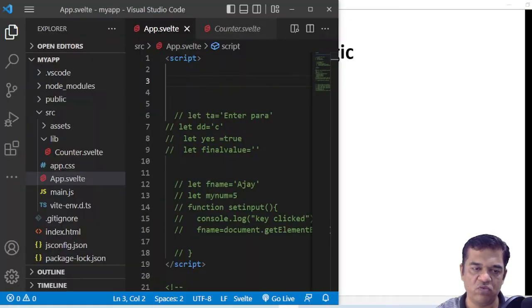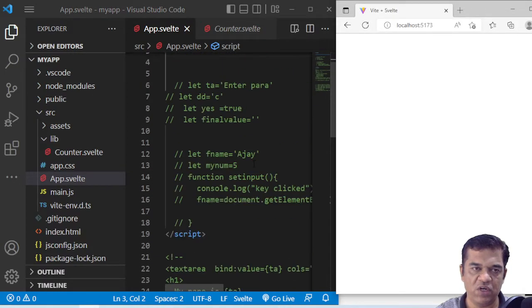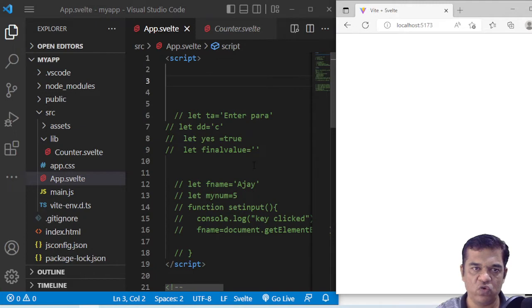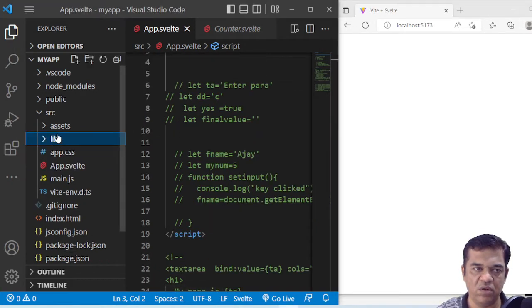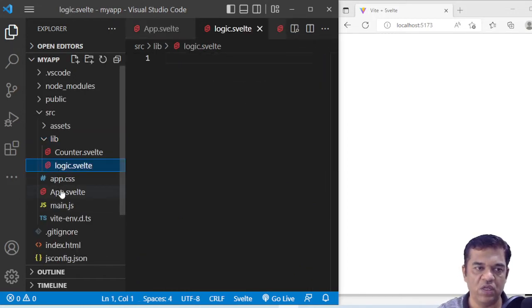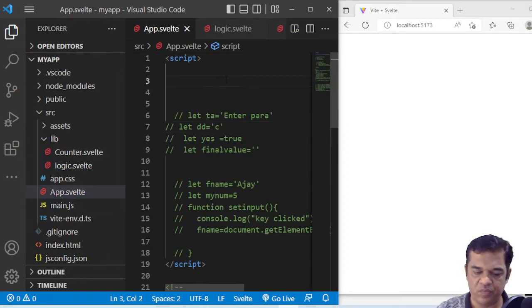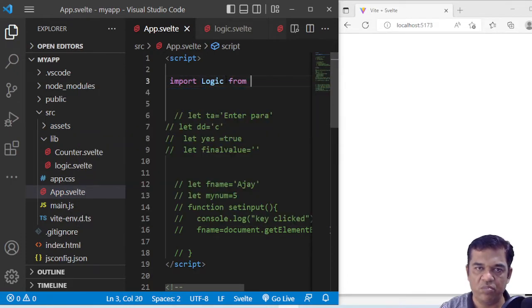So let's go to the VS Code. In the last section, what we did is this one. So here, we will create one component that we call logic.svelte. I will show you again how to create a component. So here I will import that component, import logic from